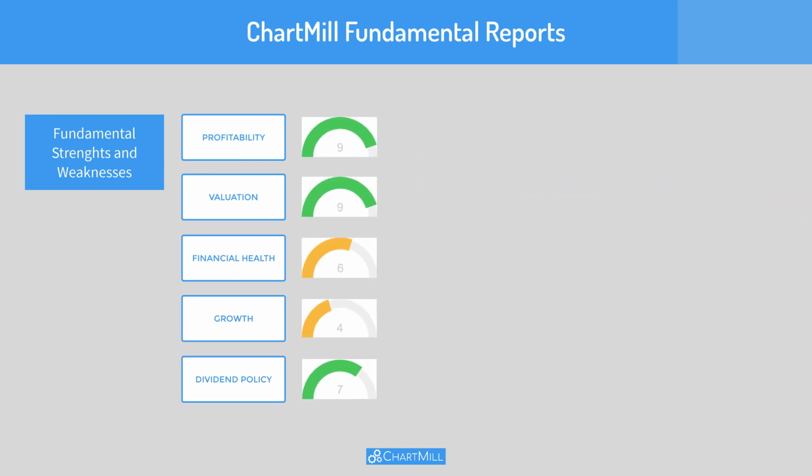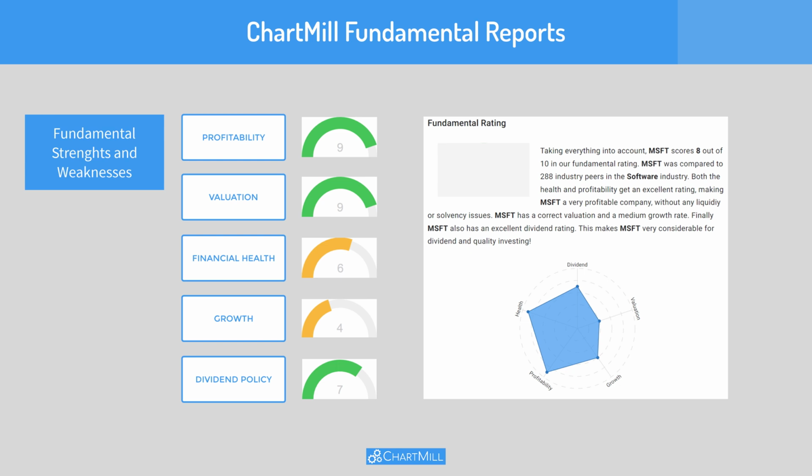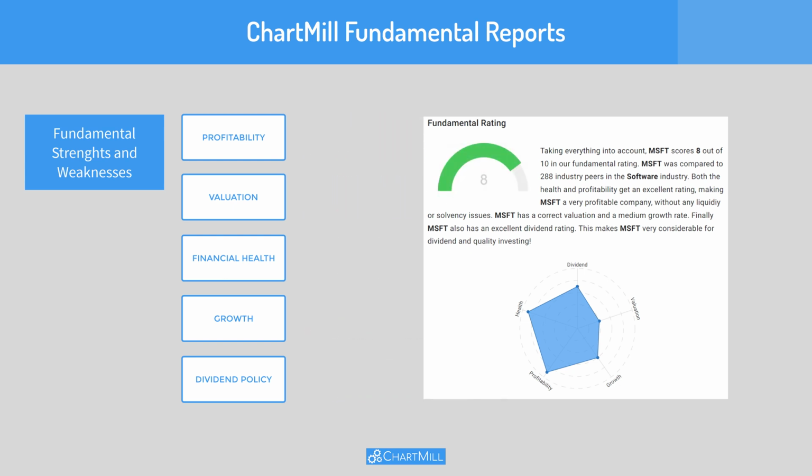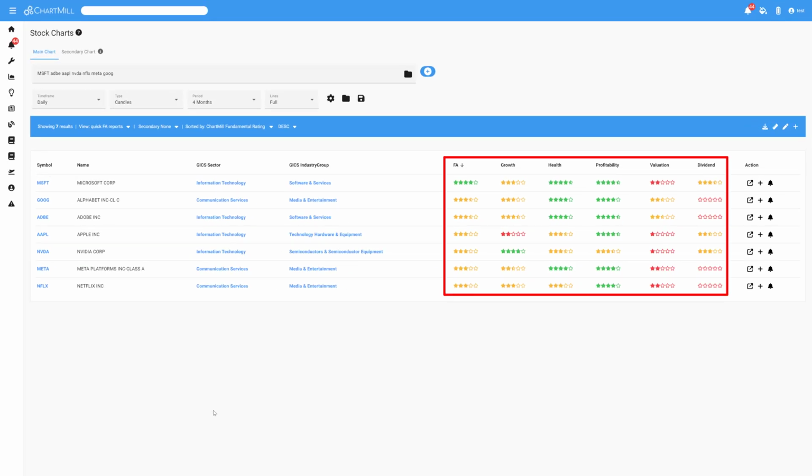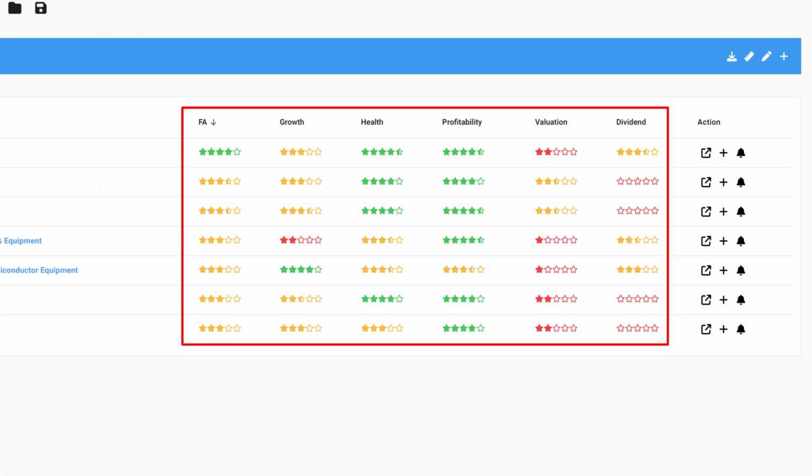An overall fundamental rating score is then displayed based on these individual scores. For both the individual components and the overall rating, the score ranges from 1 to 10. The higher the score, the better. These reports are ideal for a quick check of the company's strengths and weaknesses. The 5 basic categories retained are easy to understand even by investors who have less experience with fundamental analysis and